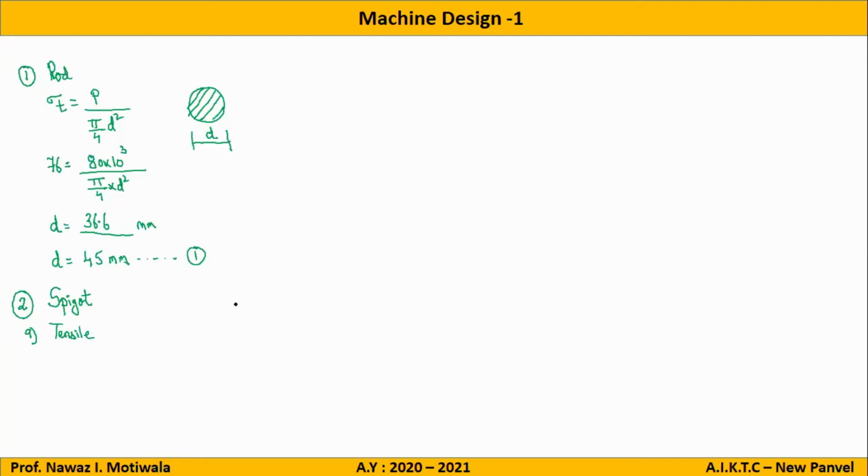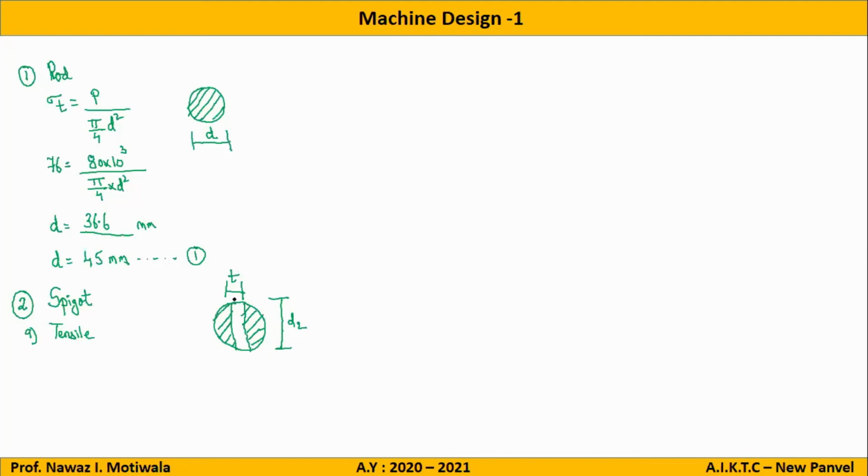In tensile failure, the failure will be somewhat like this. Let me make it here. So we have seen that this part will be experiencing the tensile force, or in this part it will break. What is the diameter of the spigot? What we have assumed? D2. Yes, we have assumed it to be D2. And what is this? T. The thickness of the pin or cotter is t.